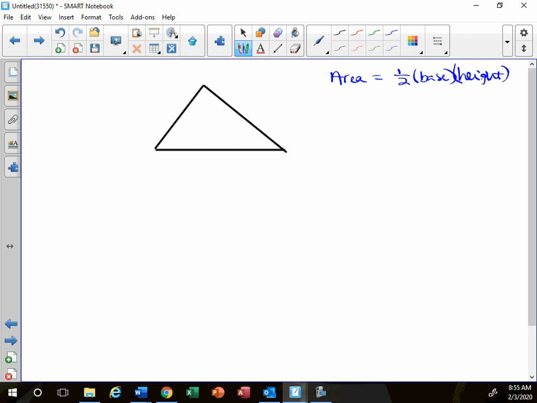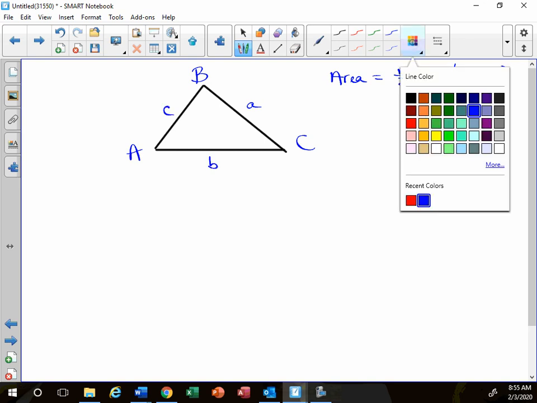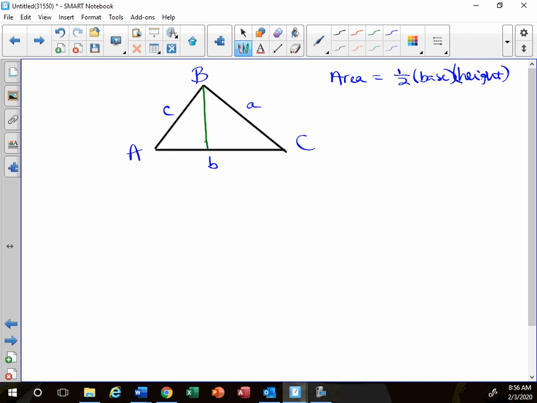Okay. If I know A, B, C, side A, side B, side C, I don't actually know the height yet, do I? Of this triangle, it's not anything that's labeled. Because do we remember that height has to be that perpendicular distance to a side? Okay. None of the sides of this triangle are the height. We get that? Okay. So if I wanted to find the area based on the triangle I have drawn,